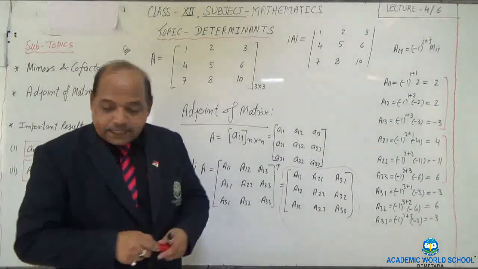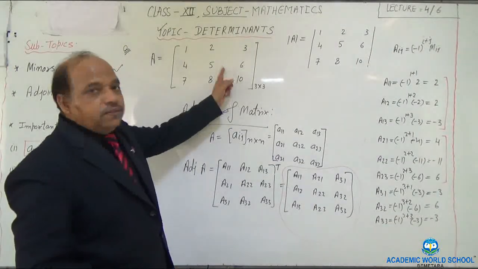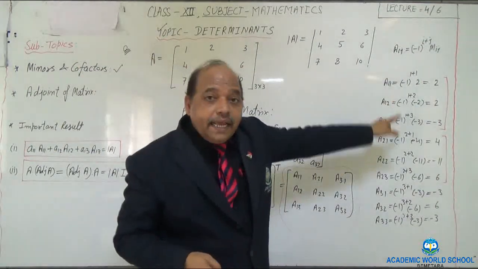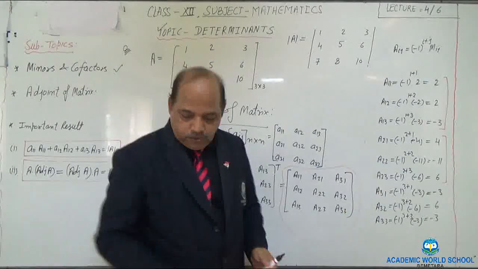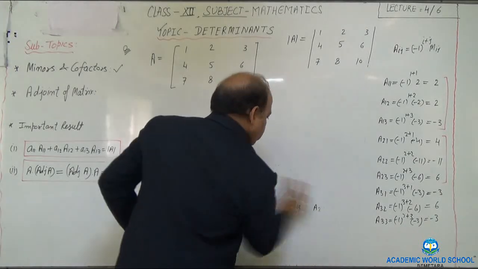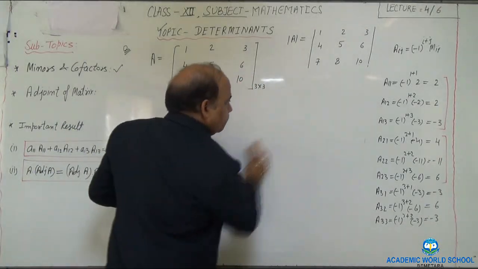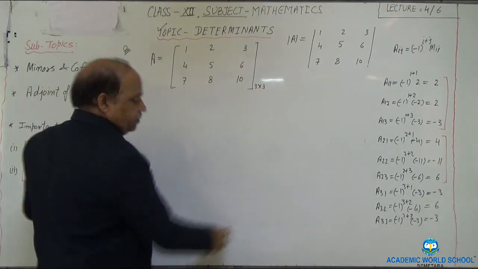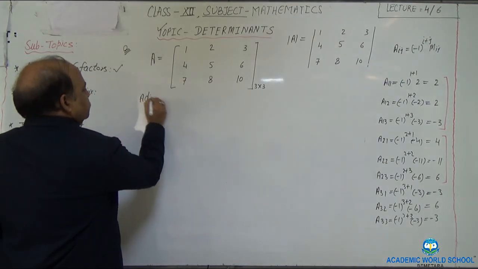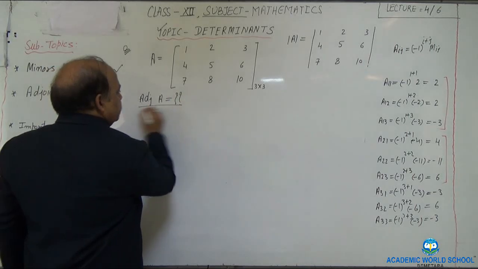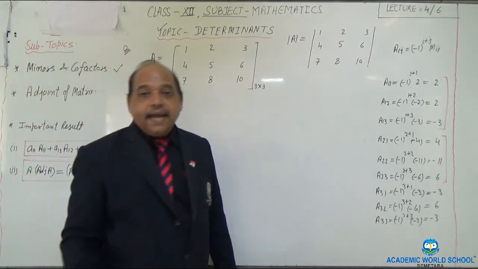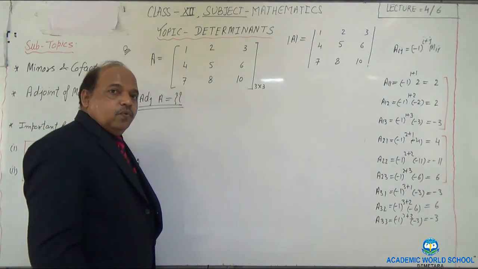So now, let's say I need to find out the adjoint of this matrix. Understand? Now you will understand why I didn't erase that part, because I wanted to use it. So to find out adjoint, what we are going to find out in this question says find out adjoint of A. What will be adjoint of A? This is what we have to find.